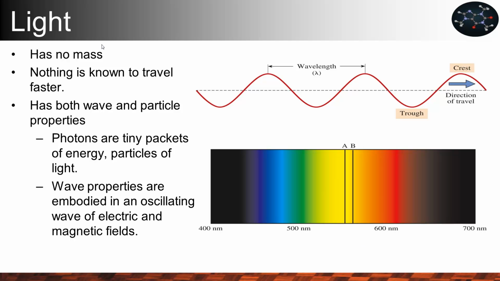Now, for the properties of light, there's a couple of things we want to know. One is that it has no mass. Secondly, it's really, really quick, about 300 million meters per second. Don't need to memorize those numbers, just know that it's really fast and that nothing else is faster. That's sufficient. It, kind of like electrons, has both wave and particle type properties, meaning that it has an oscillation